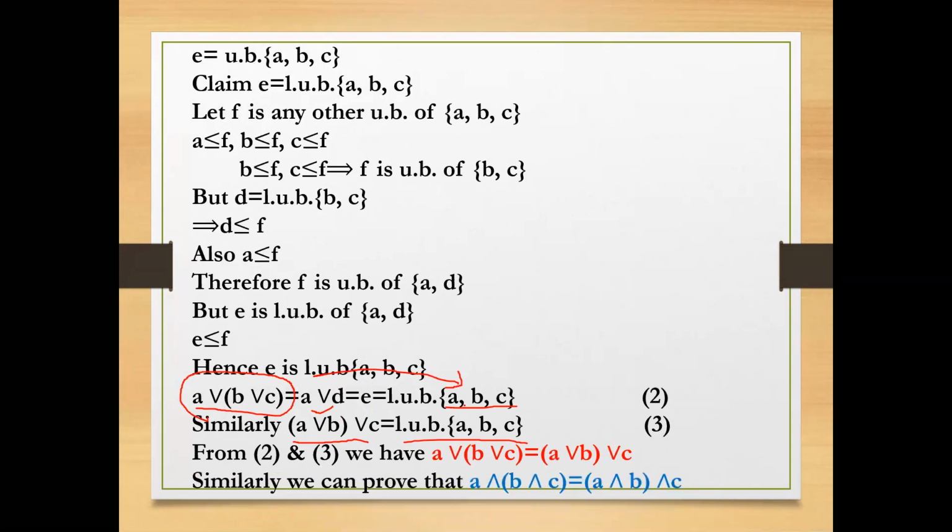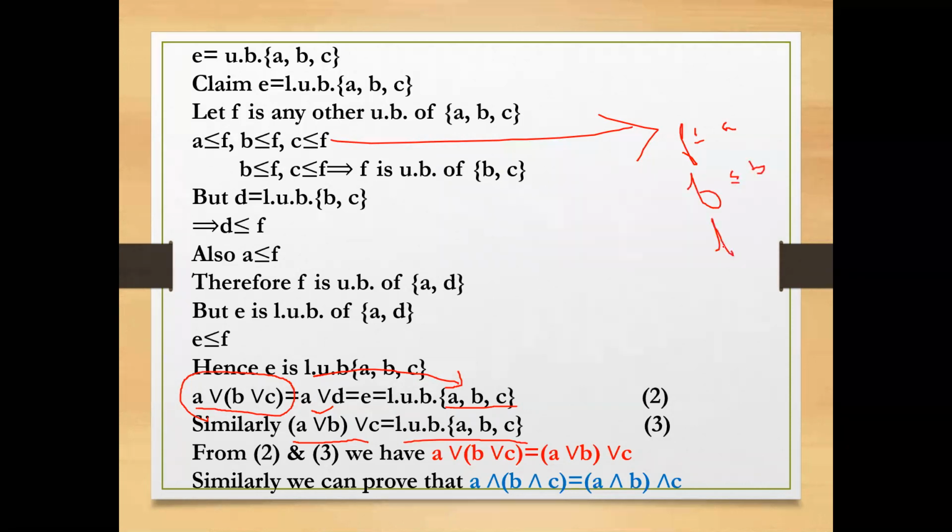join. And similarly, you can prove the associative law for meet also, but you have to remember that for meet we have the greatest lower bound. So in the complete proof of the join, you have to replace join with meet, the upper bound with lower bound, the least upper bound with greatest lower bound, and interchange the positions of elements. For example, here you have to write F less than or equal to A, because we will talk about the lower bounds when we are solving the case of meet, F less than or equal to B and F less than or equal to C. With these changes, you can prove the result for meet also.